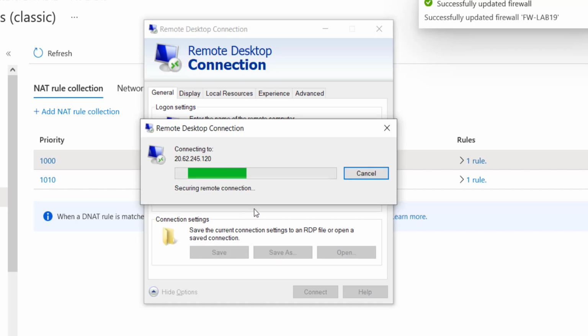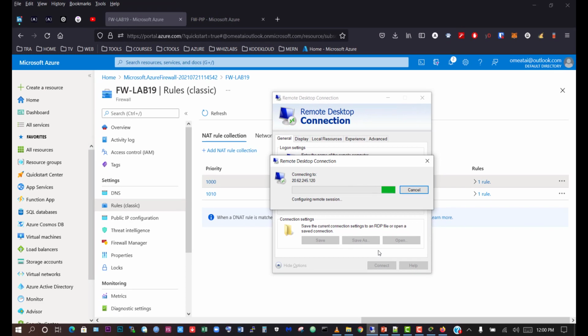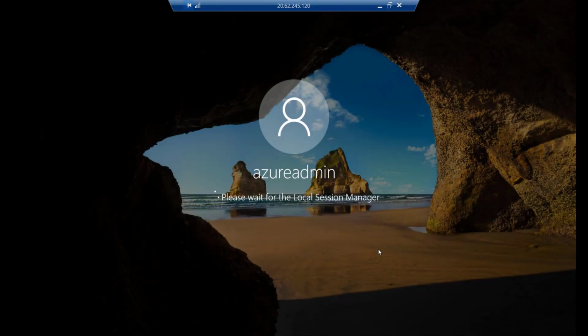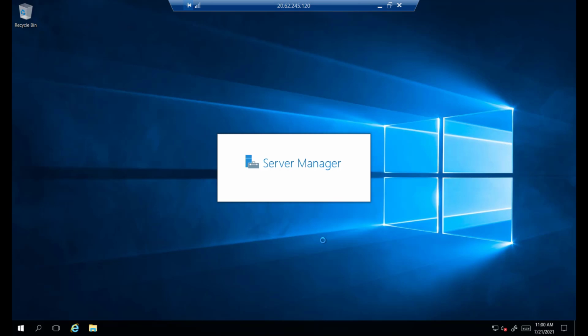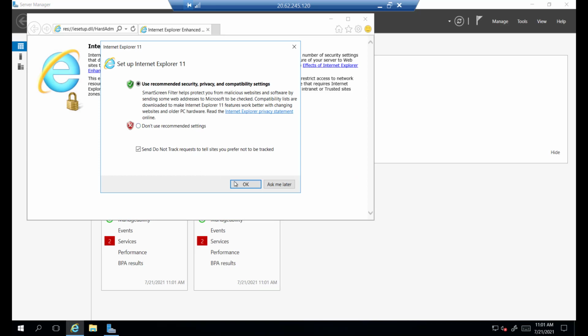So okay, and now it asks for verification. So I'll say yes. So it means our firewall NAT rule is working, because now we are accessing the web server from the firewall. So let me open the Explorer, and that's fine. Okay,